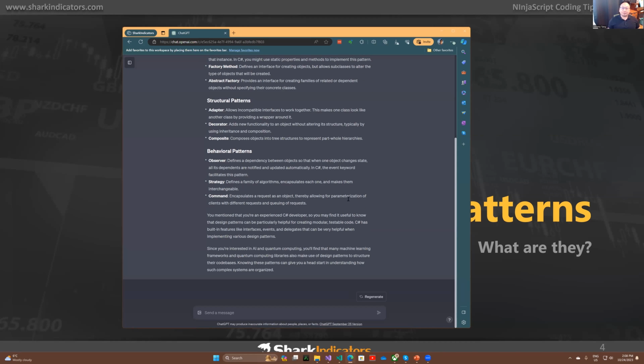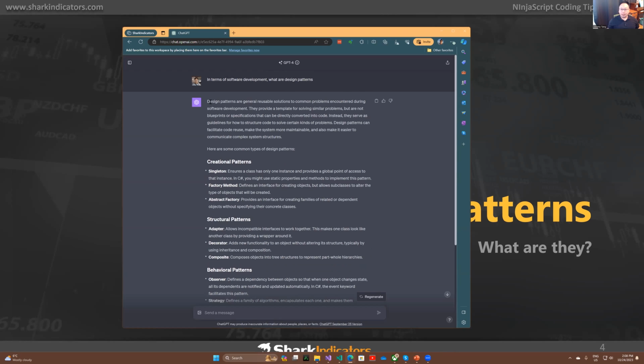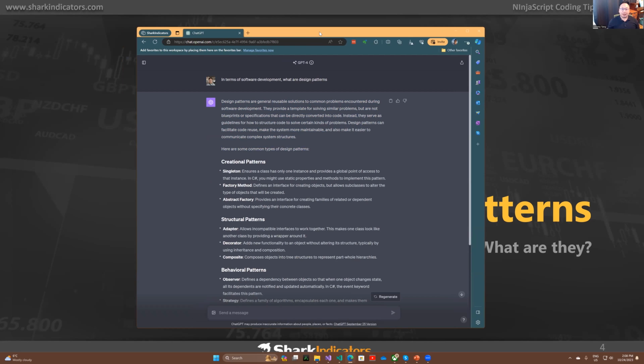Okay, so it's basically telling me what a design pattern is. A design pattern is exactly right: it's a reusable piece of, I wouldn't say code, but a structure that is very common. They're called patterns because they're used quite often in development in general, and they're problems that people have thought about really hard in terms of how to solve them,